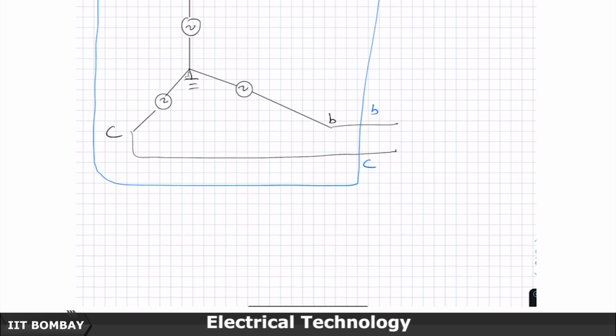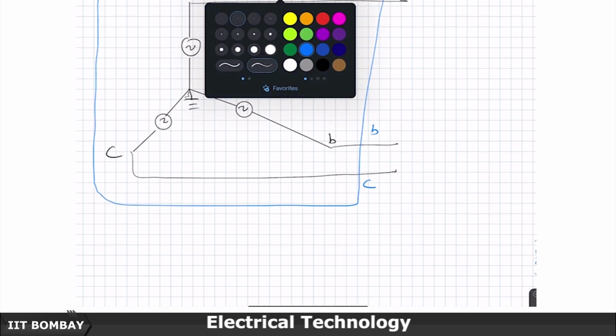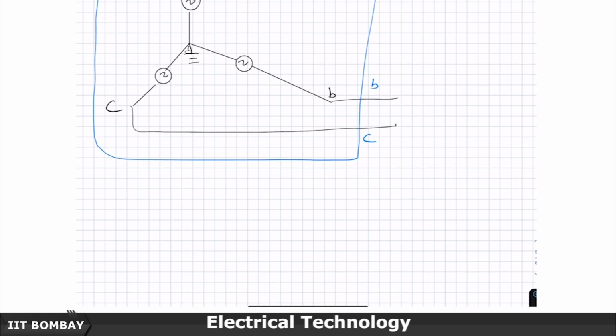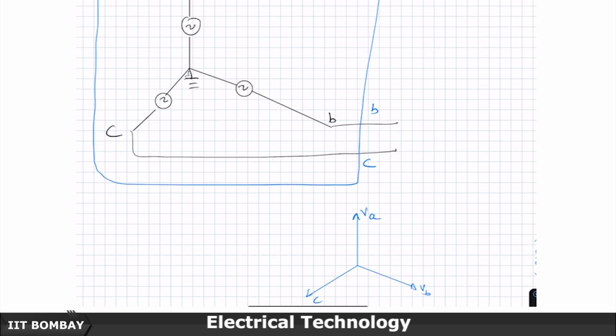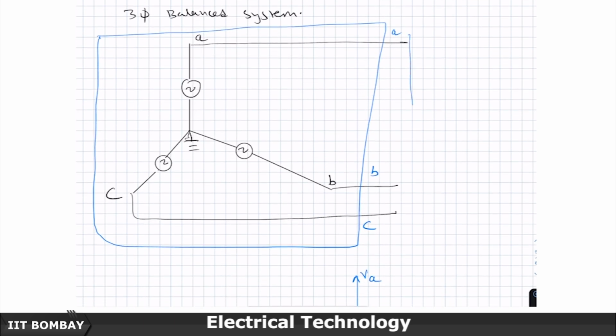If you draw the phasor diagram, this is my VA, this is VB, and this is VC, and let this be connected